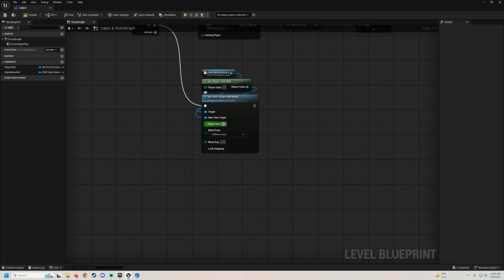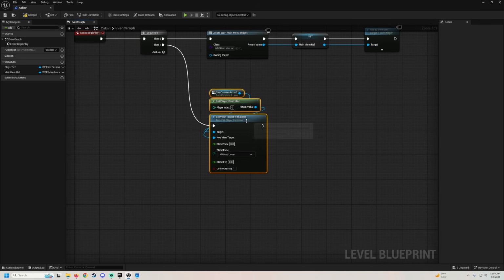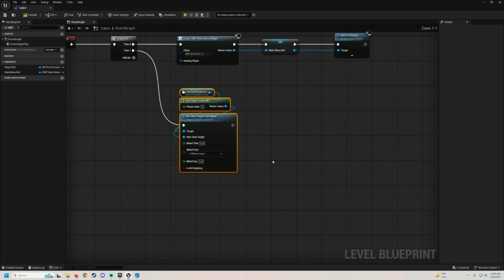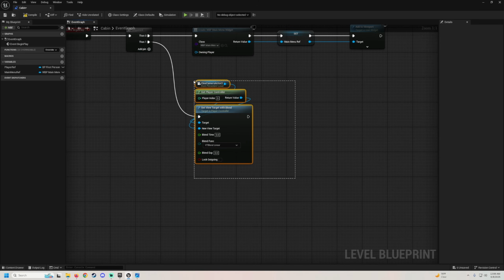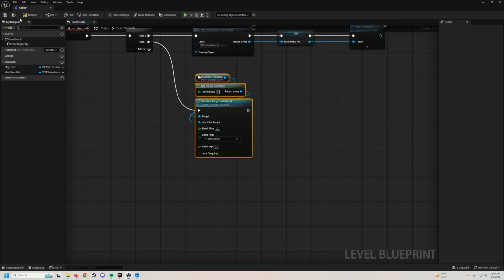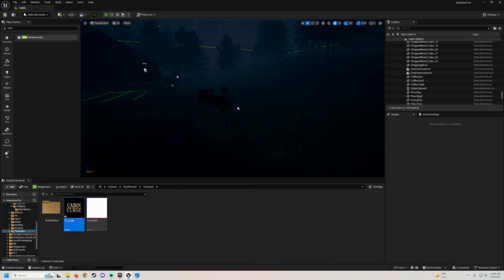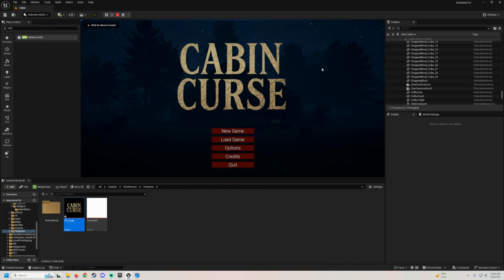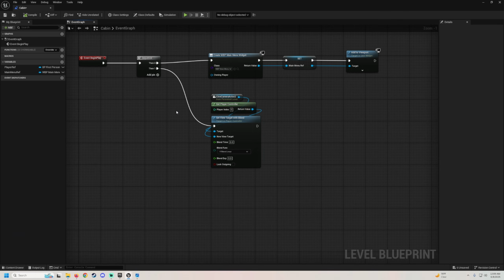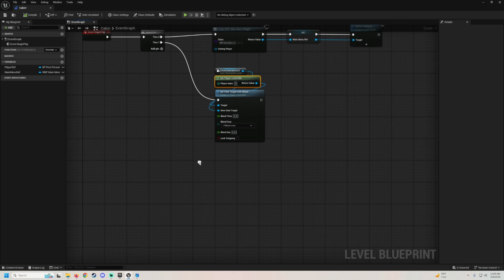But if you change this number, it'll slowly lerp to it, it'll blend into looking at that camera. Really good for transitional cinematics and stuff, but for now we're just going to leave it how it is. So if we go back into the world and look now, you can see we are looking directly at what that camera was showing. Alright, so the next thing we want to do is we're going to duplicate our get player controller,